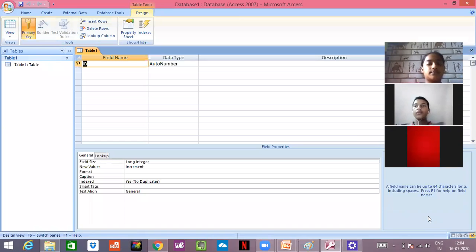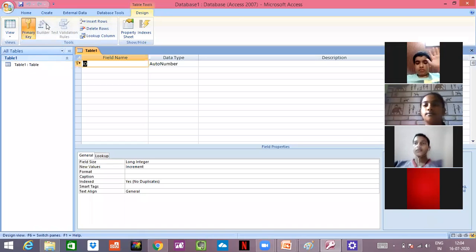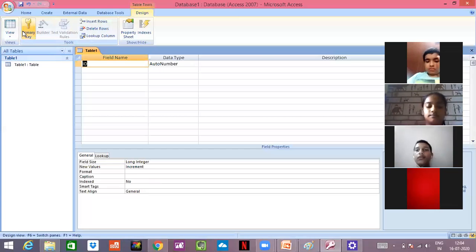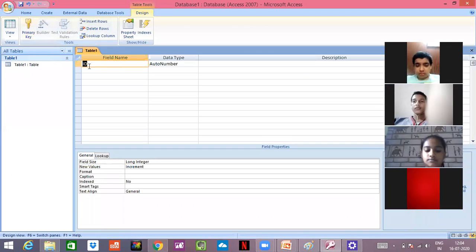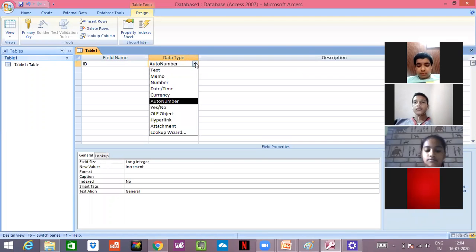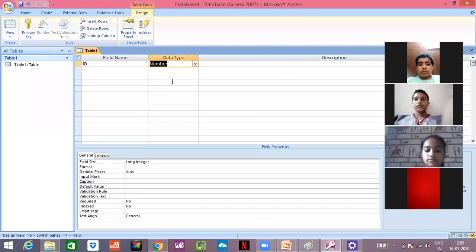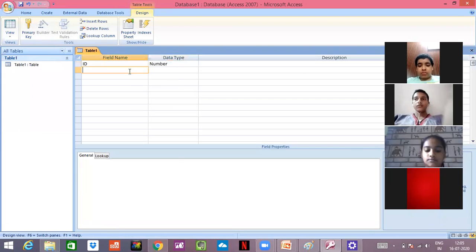Okay. Now, this is the primary key. To set this primary key, I have to click on this primary key button and see, I have set my ID as a primary key. I have set this as my primary key because ID cannot be the same. So now I think you all know how to set a primary key. Auto numbers, we have already studied the different data types. ID can only be a number.